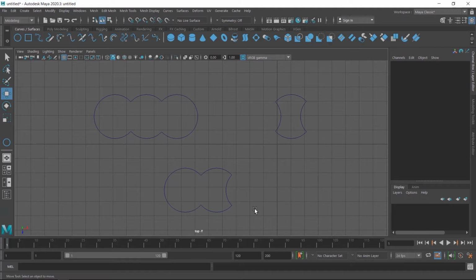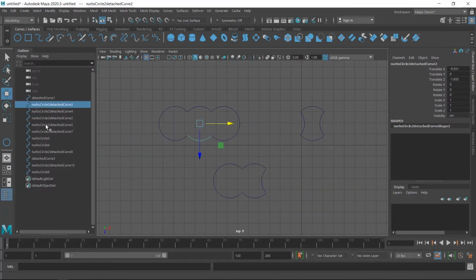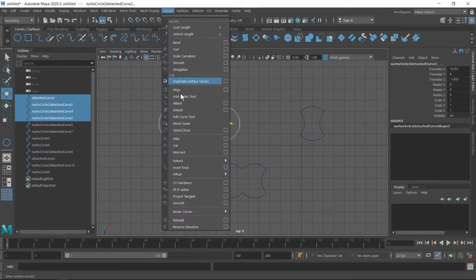You can also create different types of shapes by using different shapes. First I select all the parts of this shape. So first I count 1, 2, 3 and 4. Total parts are 4. I click on the outliner window and the outliner window is displayed. When I select all the parts, a total of 4 parts are selected, and if any extra part is selected, you can check here. Now I go to the curve menu and then click on attach.